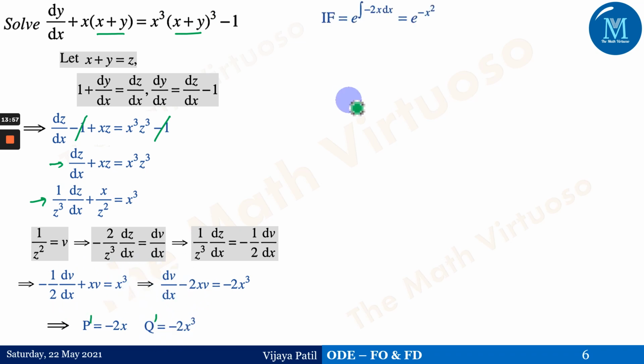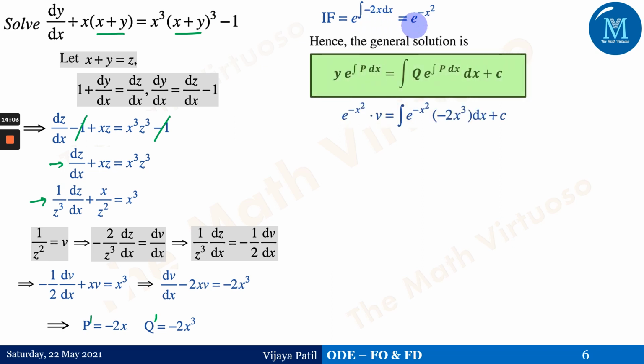And therefore the integrating factor would be e to the power integration of minus 2x dx, which is e to the power minus x square. After this, just put the values here. Now in this integration, if you observe, after putting the value of e to the power integration of p dx, we'll get something like this. Actually, because we have taken p dash and x dash, this has to be x, but it doesn't matter whether it's y or x, because the values are changed a little bit here, right?